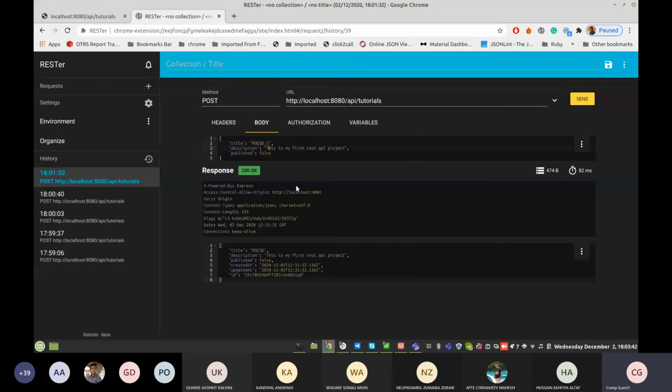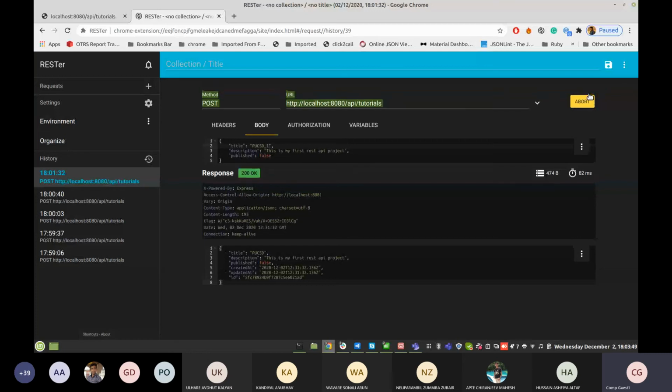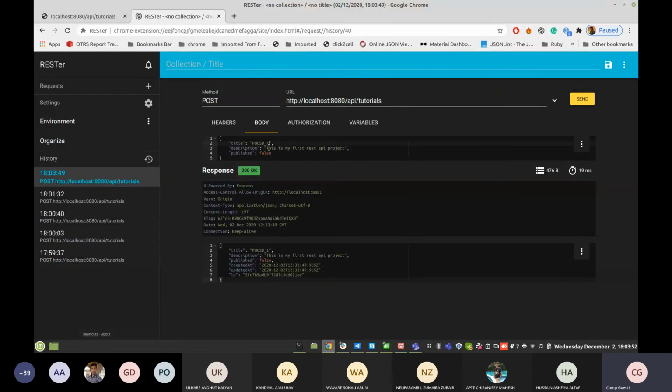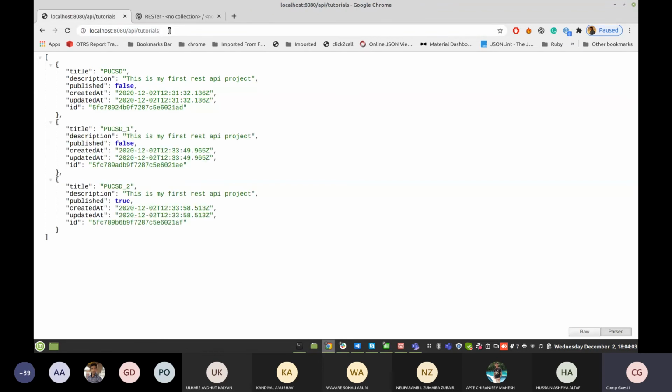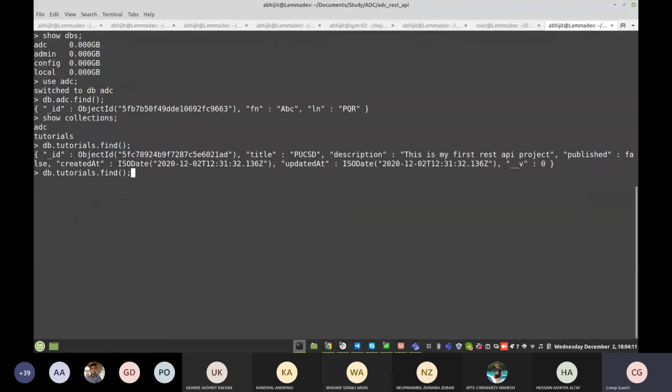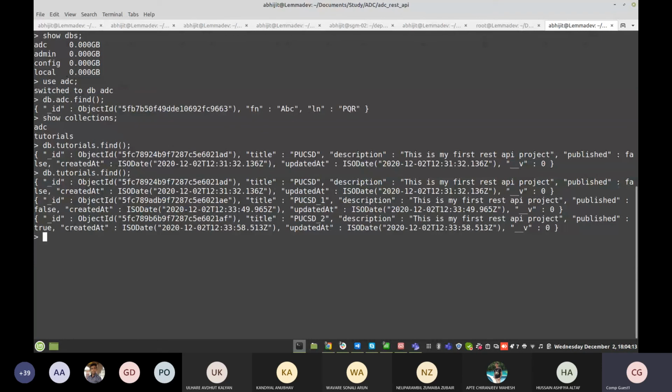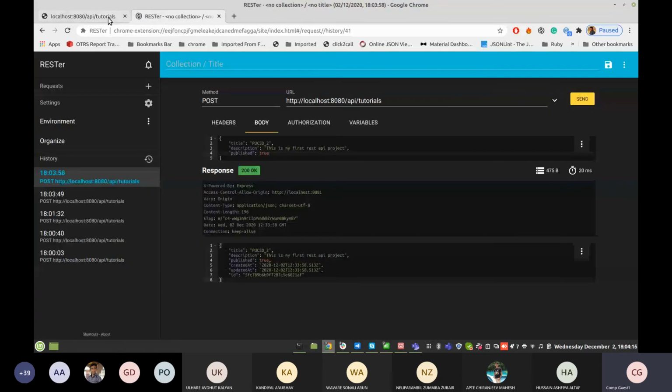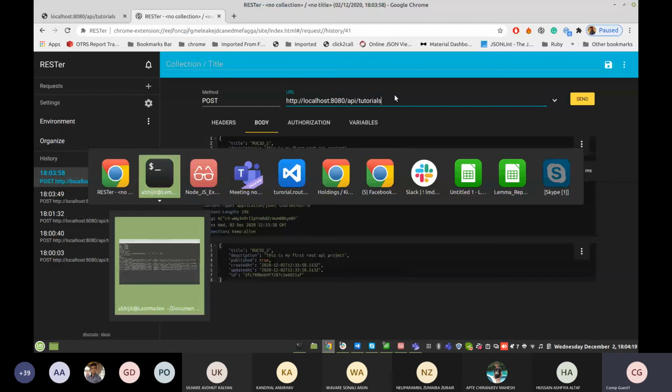This is one, we just change the title, PSHD1, PSHD2, and here true. Now we have hit this, and we see there are three documents in our database. If you check find all, you can see all the documents stored inside the database.